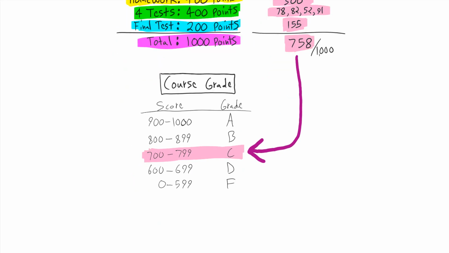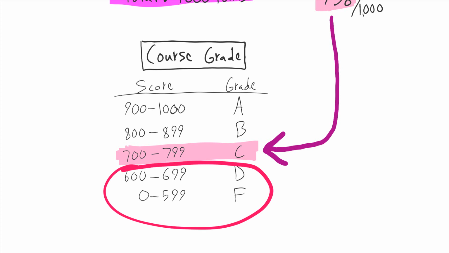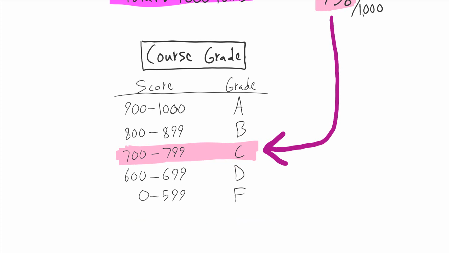If you scored anything below a 600, actually anything below a 700, then that means that you really didn't learn anything in the course. You have to retake the course. If you got an A, that means you know the material really well. If you got a B, that means that you know the material, but you have some minor things you need to work on. And a C means you know the material, but you have some major things you need to work on. And of course, like I said, anything below 700, anything below a C, and that means that you